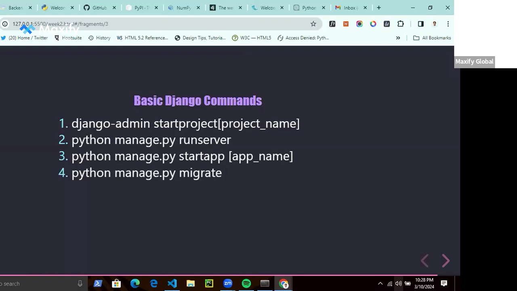Okay. Then next we have python manage.py migrate. Usually this is done when you make changes to your model. Makemigrations actually creates a migration for your database, right? Then migrate actually applies the information to your database.